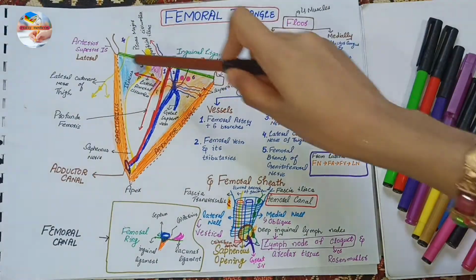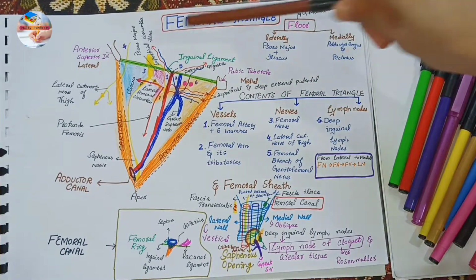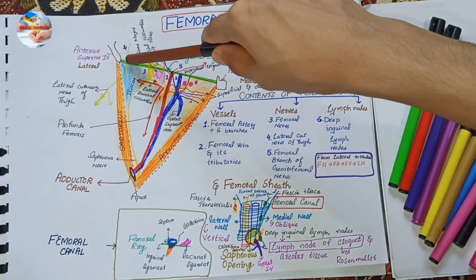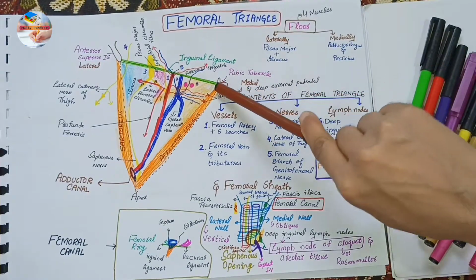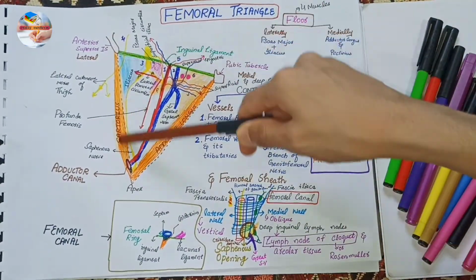Femoral triangle is a triangular depression on the anterior 1/3 of thigh. Base of the triangle is formed by the inguinal ligament, which is attached laterally to the anterior superior iliac spine and medially to the pubic tubercle. It is bounded medially by the medial border of the adductor longus and laterally by the medial border of the